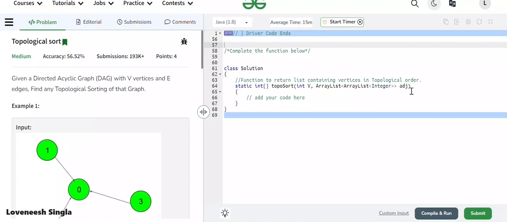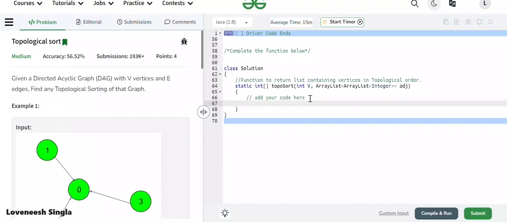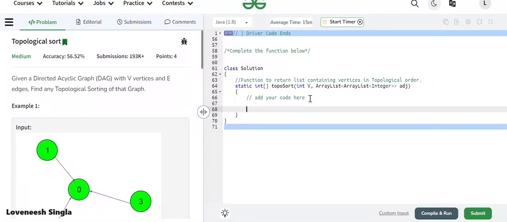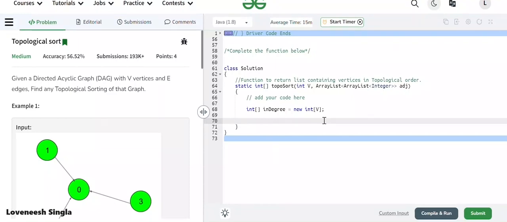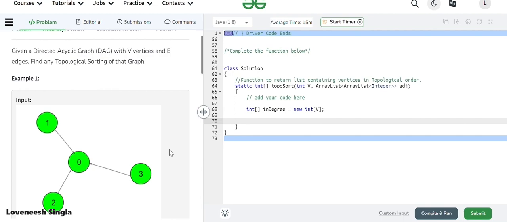Here we have been given the graph in the form of an adjacency list and the number of vertices is v. So what we need here, first we need one in degree array of size v. So let's have an in degree array. First, we will fill this in degree array. So how can we fill this in degree array? As we know, there are total v vertices and the starting vertex is the 0th node. So we will run a loop from vertex 0 to less than v.